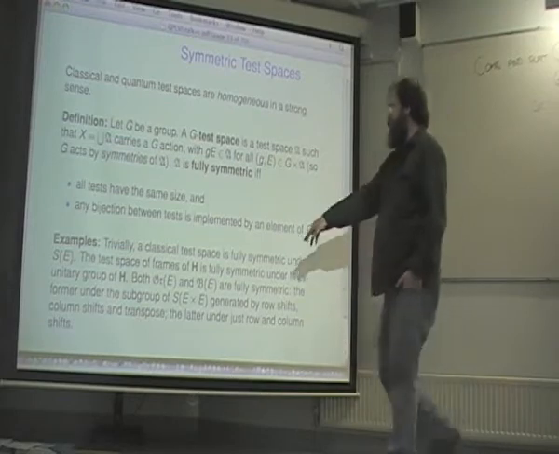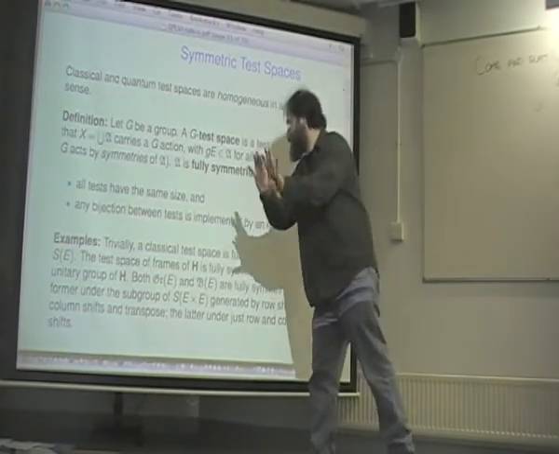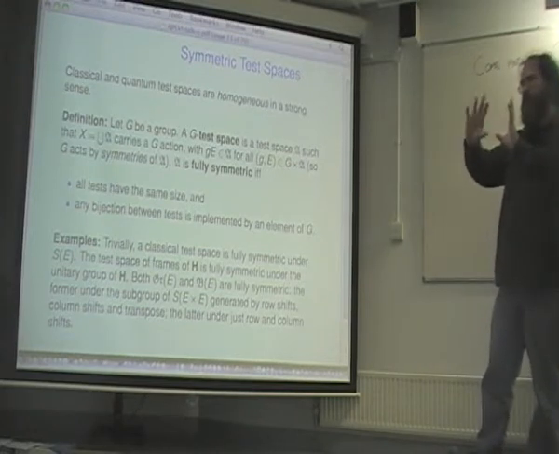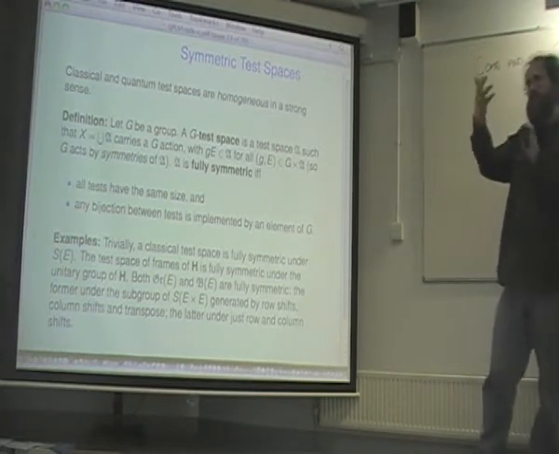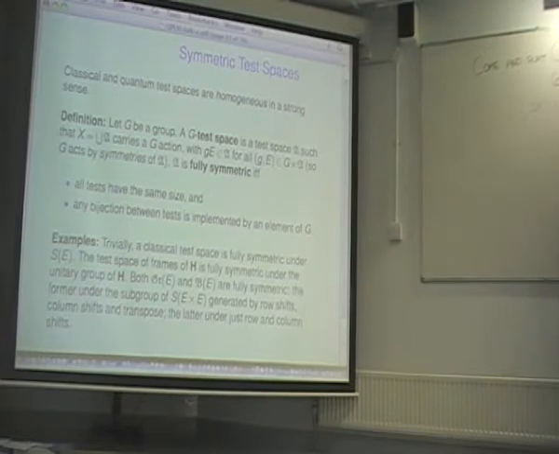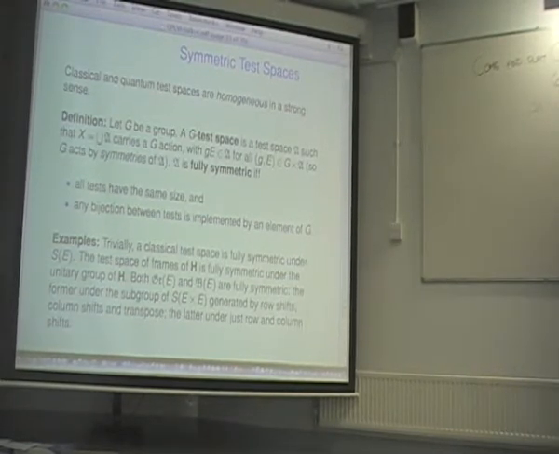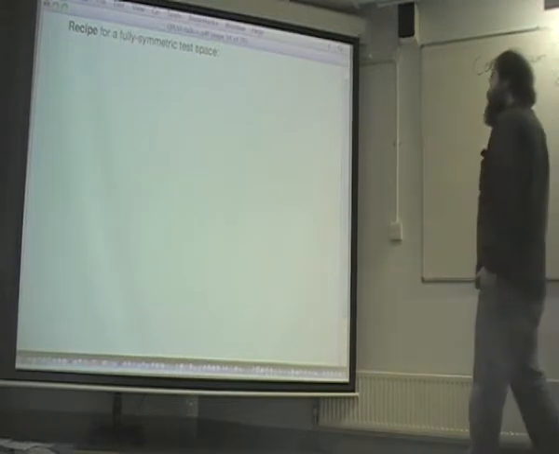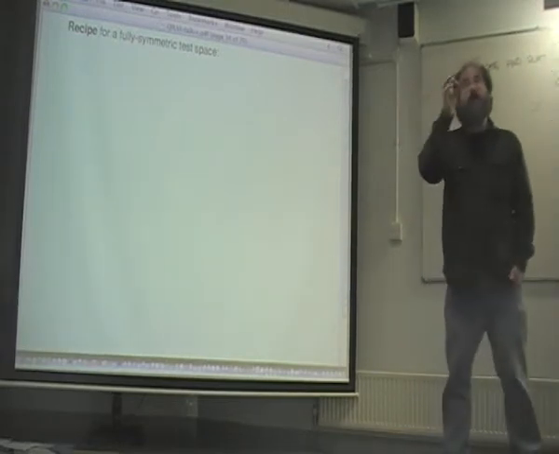The former under the subgroup of permutations of E cross E, of the full array generated by row and column permutations, and transpose, to be able to transpose rows to columns. The latter is actually fully symmetric just under products of row and column permutations.